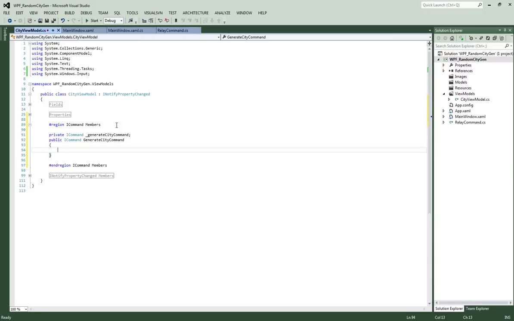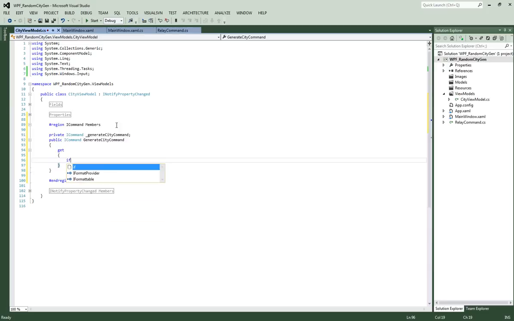And you see it has the same setup as a property. So basically we're implementing the ICommand class. We're giving it a private field that we're going to use in our public field of the property. So we're going to have a getter. We're going to say get,